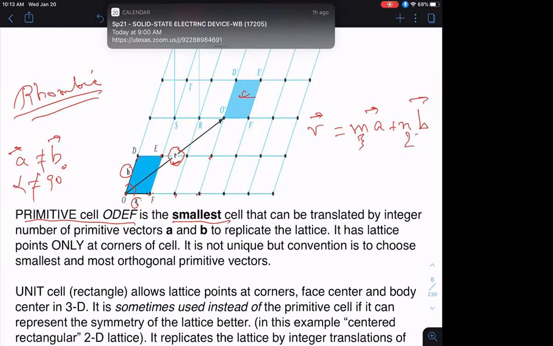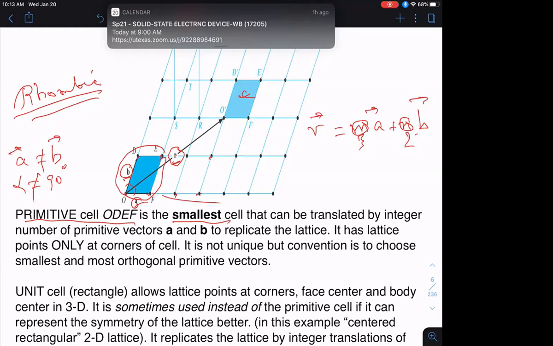Now, clearly you can see that for different choices of these integers N and M, I can map out this entire lattice structure, right? So we'll see that to do mathematical problems, you don't have to worry about this entire lattice structure. You just focus on this most fundamental building block, the primitive cell, bounded by these primitive vectors A and B. And any calculation that you do based on that should give you the average value for the entire